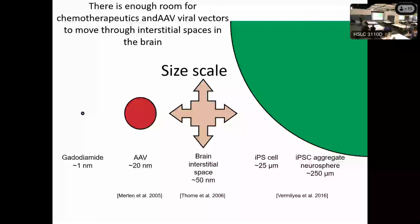So while no large molecules will make it past the blood-brain barrier, and very few small molecules will, all the therapeutics that have been looked at for brain cancer can move around freely, and they've been shown to show up wherever the buffer is. So the buffer is easy to see just through differences in T2, or you can simply add a little gadolinium into your buffer, and then T1 weighted imaging will show you where you are. So the trick